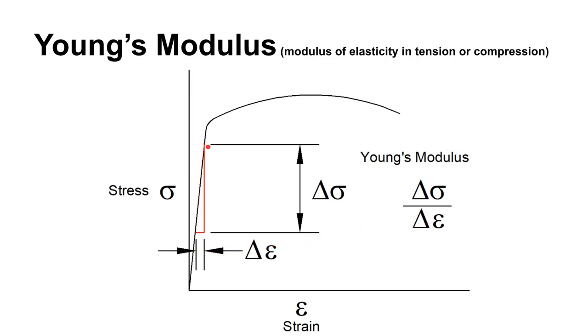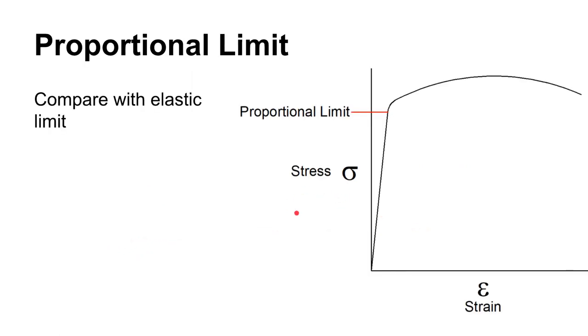But what's generally done is a linear regression on this section in here, where you have a lot of data points that are good and nicely combined together. And in fact, you'll do that in the lab, as you'll have some software that will do that linear regression for you. If you're not sure what that is, an easy way to get introduced to that is to just play with the trend line tool in Excel. Or better yet, look up some simple linear regression videos and understand how linear regression works. We're not going to go there in this class.